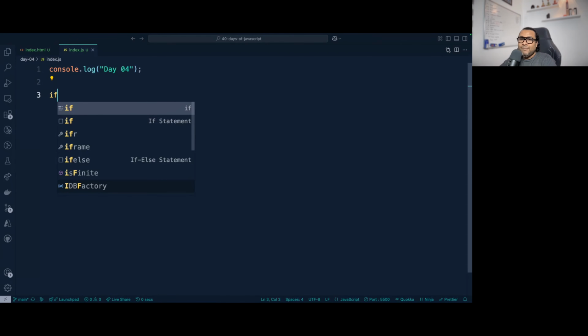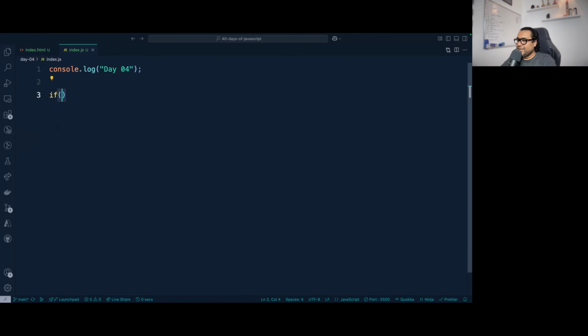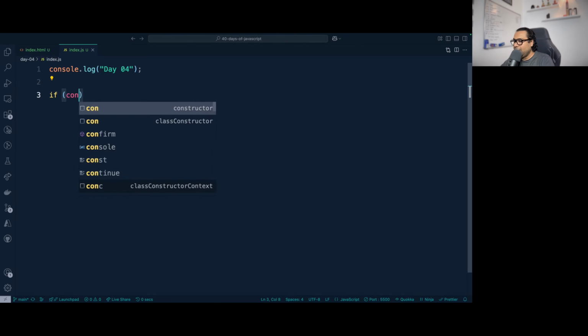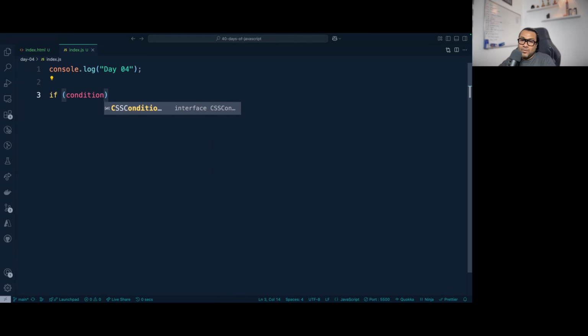That's how it is. This if is a reserved keyword in JavaScript that we'll use to give some control flow. If always takes a parenthesis, and you can give a space between if and this parenthesis if you want this code to look a little more neat. And here you put a condition. Now here guys, that's why in 40 days of JavaScript the continuous learning matters. How do you specify a condition? You specify a condition using the conditional operators that we have learned in the last video in day 3.